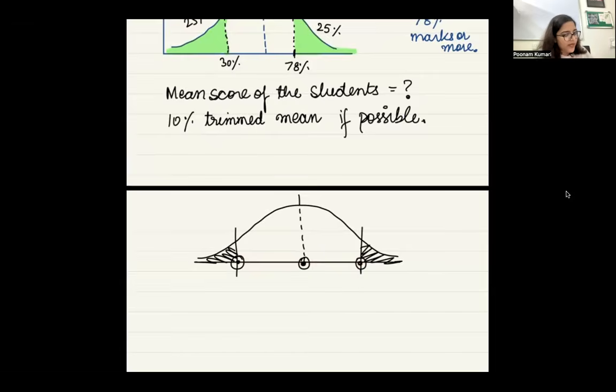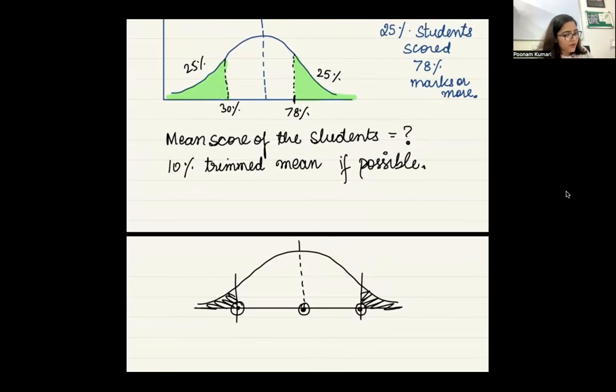And now it's not necessary that this has to be 25% only. They could have given you 30% area and 30% area, and it would still hold valid. So basically any two points that you pick which are equidistant, and then you just take the average of these two, that will give you the mean only, right?